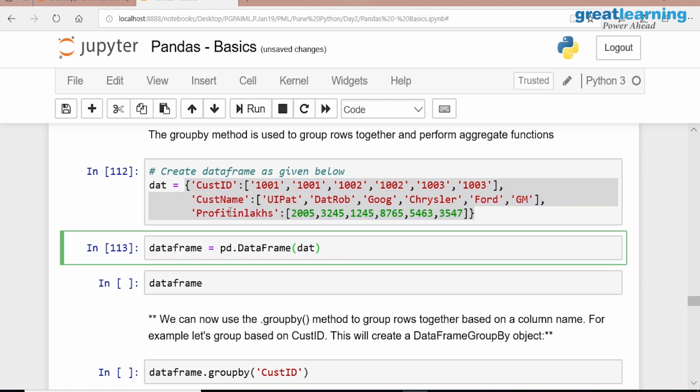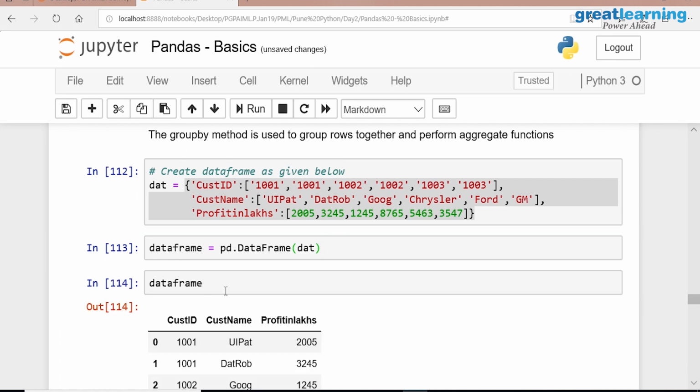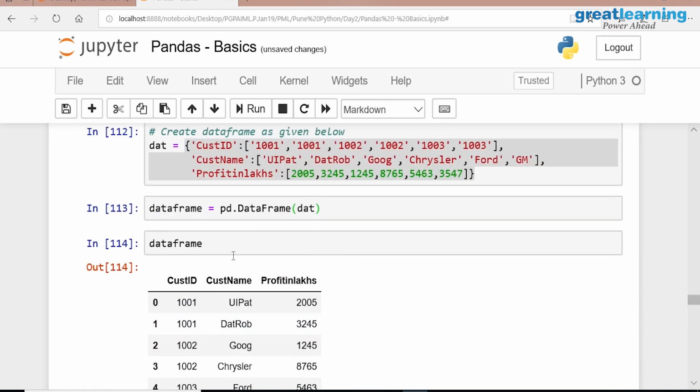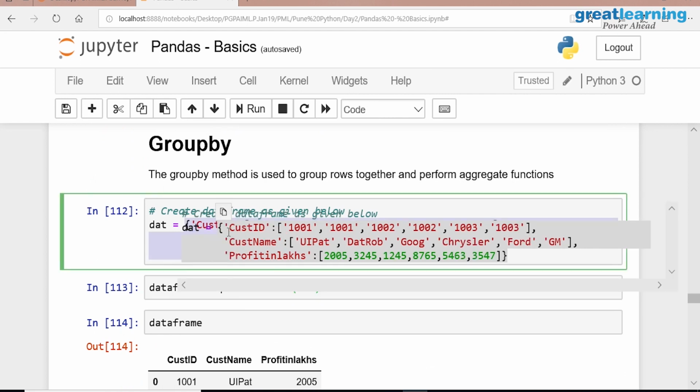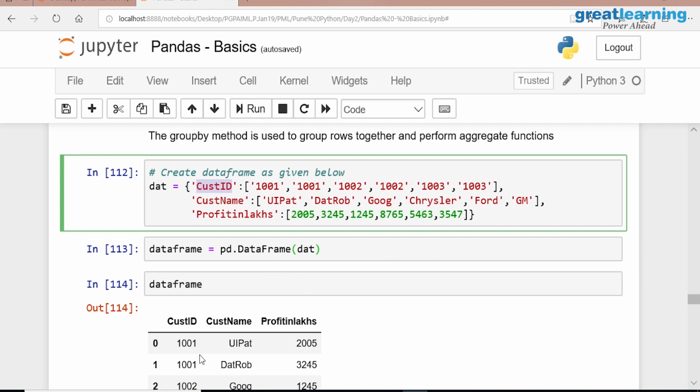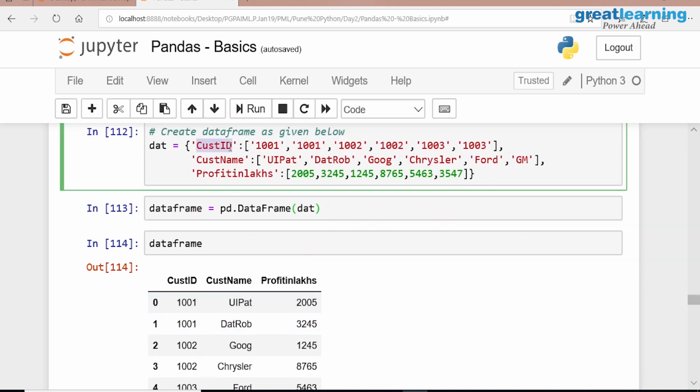If I convert a dictionary into a data frame, what happens? All my keys become my indexes, right? That's the case here. But what has happened here? Tell me. These keys became my columns here, correct? If it is a series, keys become your row indexes. But if it is a data frame, your keys will become your columns.